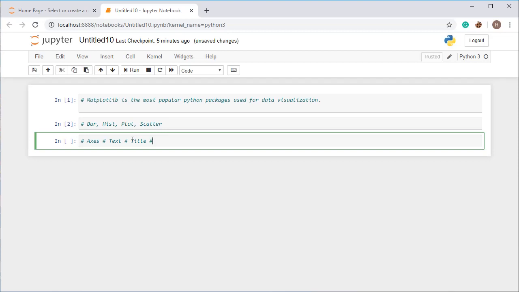Now comes the x label. The x label gives you the power to write the x-axis definition. Like if you have plotted a graph in 10th or 12th, you put it on the x-axis. If you are plotting date along the x-axis, then you must have mentioned date.